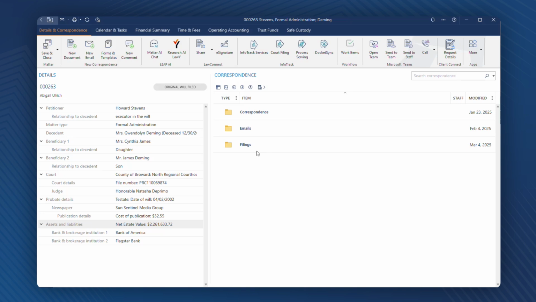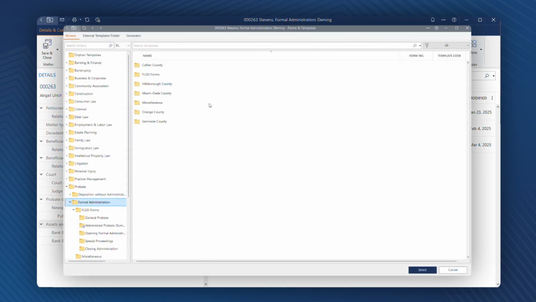The Florida Formal Administration matter type is set up by our content team. When opening forms and templates from that matter, you will jump straight to all the forms and templates provided by LEAP, including the FLSSI forms and any of your custom templates you've associated with that matter type. We can see county-specific folders for formal administration and the FLSSI forms. Opening up the FLSSI folder,